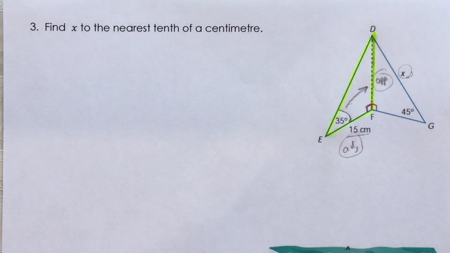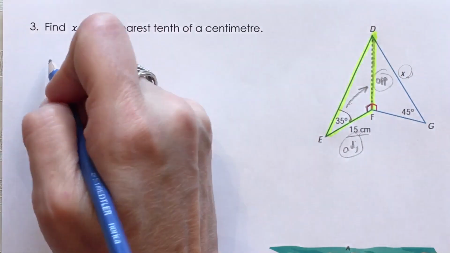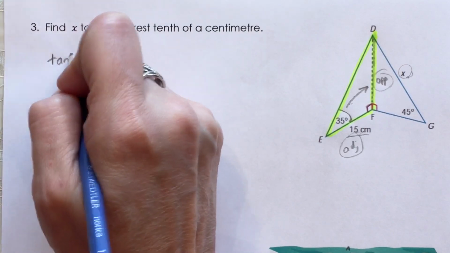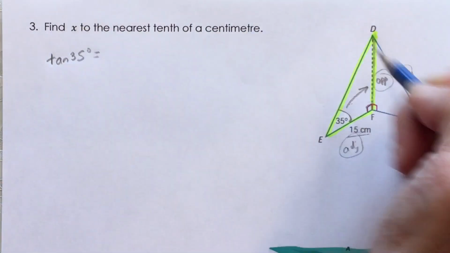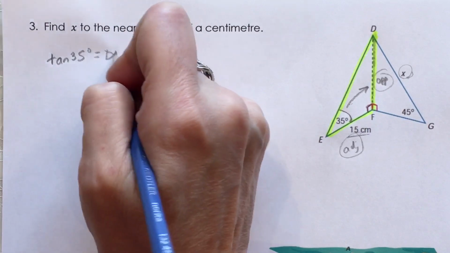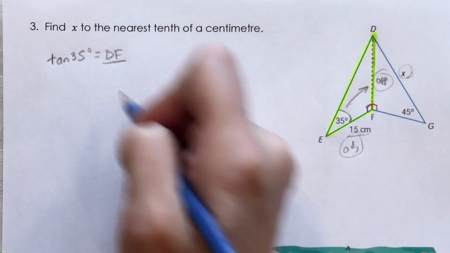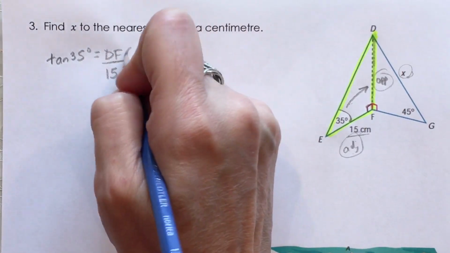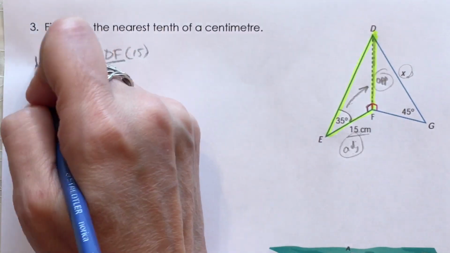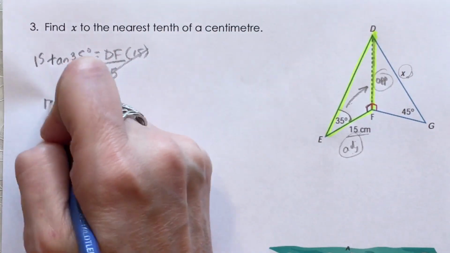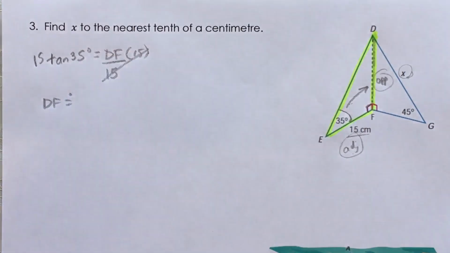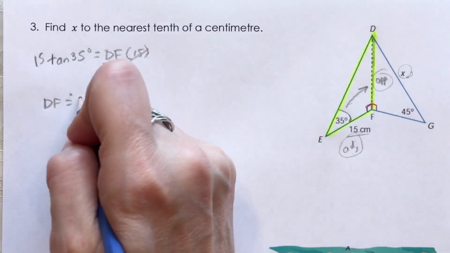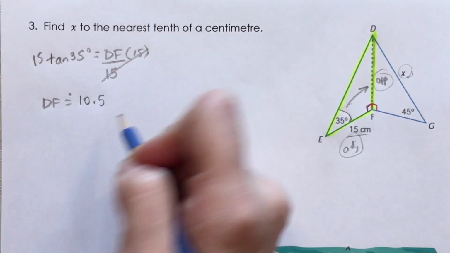So it's going to be tangent yet again. So I can say the tangent of the angle, which is 35 degrees, is equal to the opposite side, which we could just call DF, over the adjacent side, which is 15 centimeters. Again, simply multiply both sides by 15, and we get the length of DF. So 15 times the tangent of 35 degrees, 10.50, so 10.5 centimeters